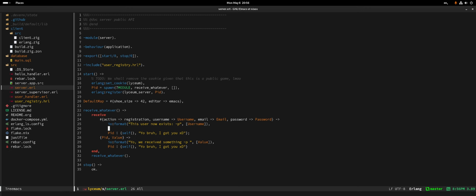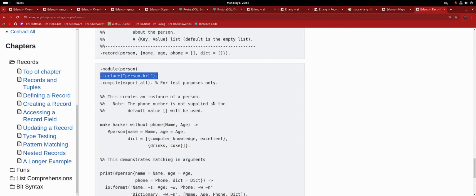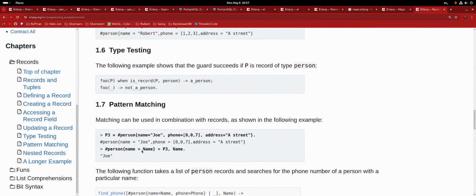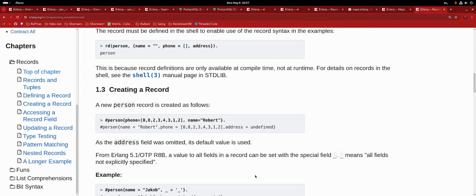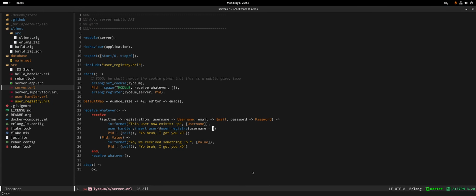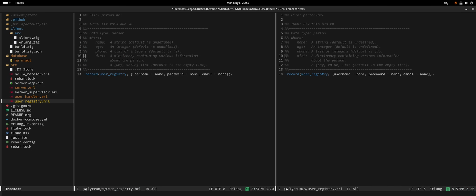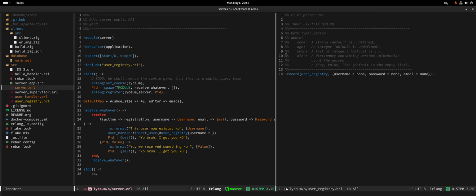In that case, we're going to do user handler, insert user, and then I need to create a record which is user registry, username. What is the syntax? Nested, accessing, creating. Okay, so it's just the name and then the thing. So what is the thing again? So we need a username, which is going to be username. I'm going to assume it's a comma,